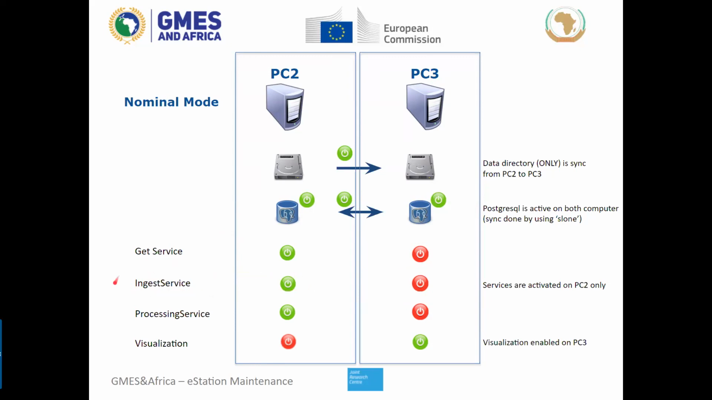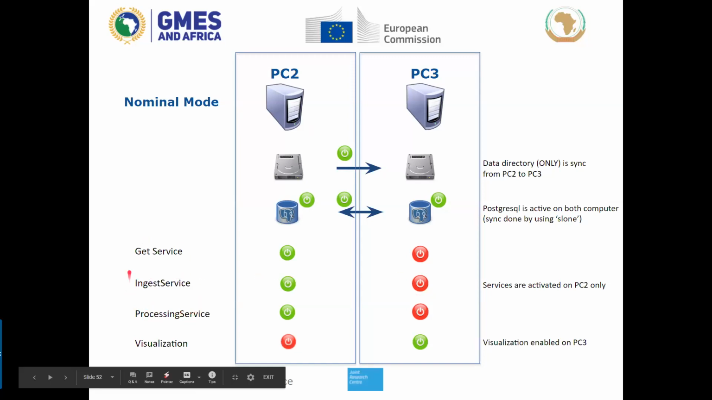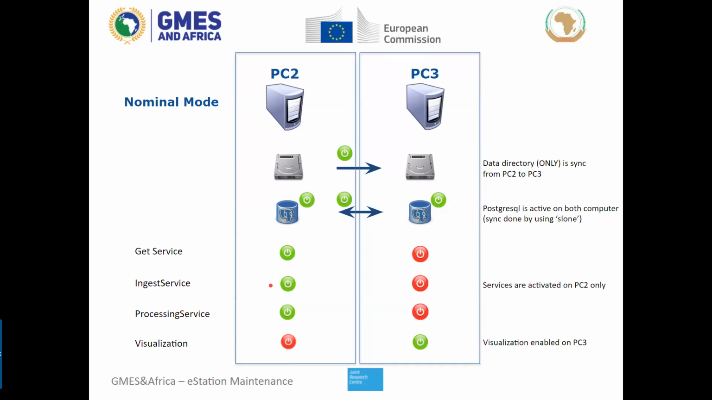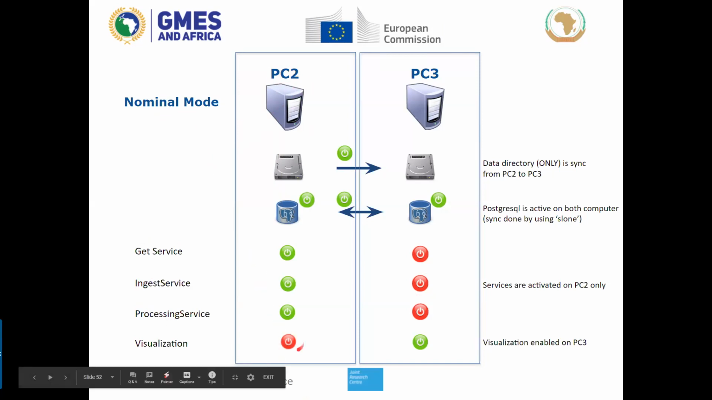So PC3 cannot do the pre-processing or the processing. This is about the PC2, and importantly, you cannot visualize the data from the eStation software, that is the analysis tab. You don't see the analysis tab in the PC2 in the nominal mode. That is why you see the visualization is marked as red. It is an only functionality which is applicable to the PC2